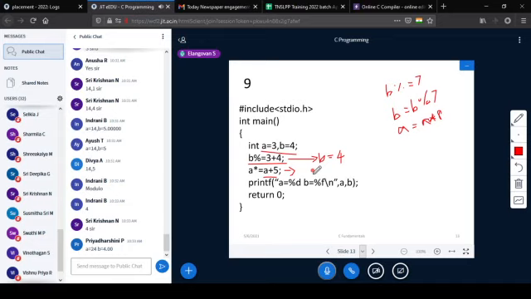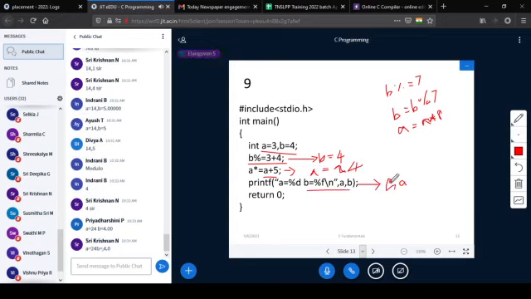Since here 4 is an integer, we may get a garbage value. It may not be 4.00. Why? Because we are trying to print an integer using percentage %f. Between integer and character there is no problem, but between integer and float, or character and float, it is a problem. It may not print 4.00.